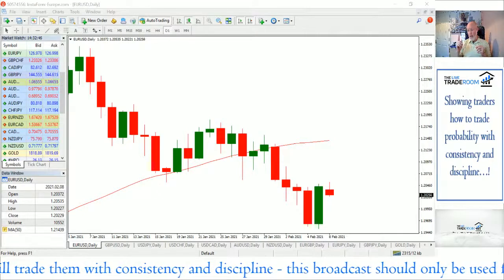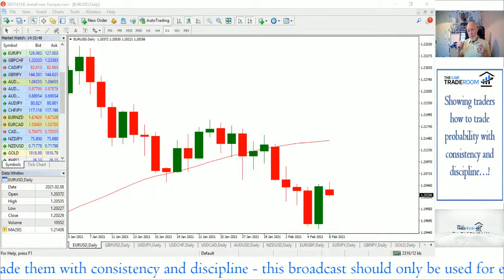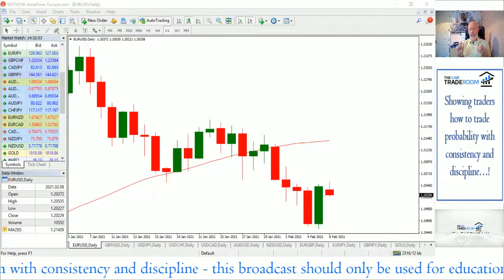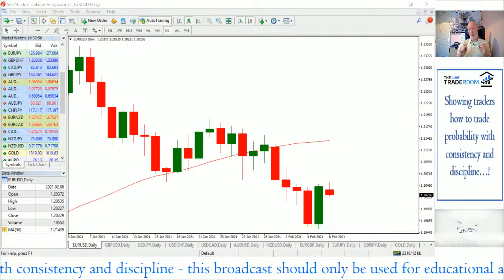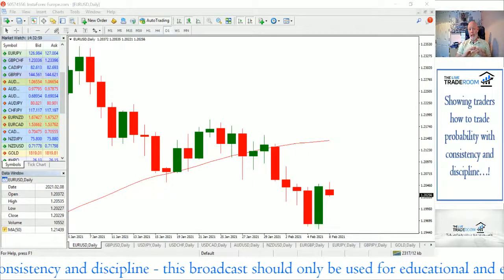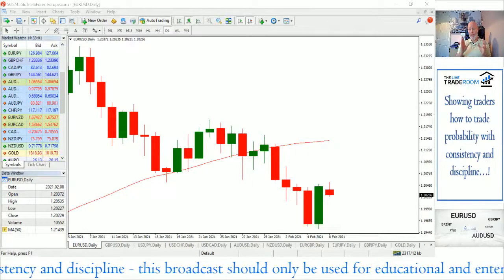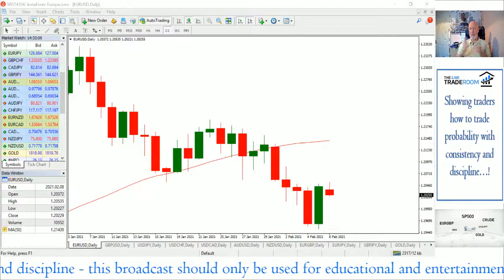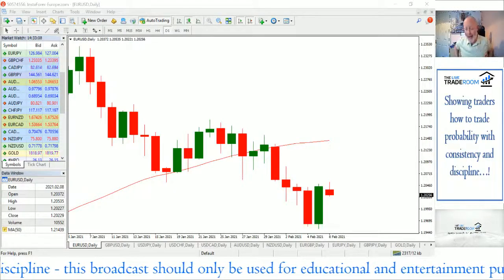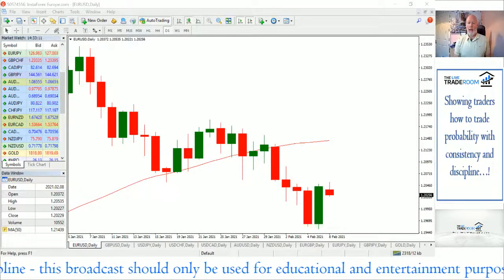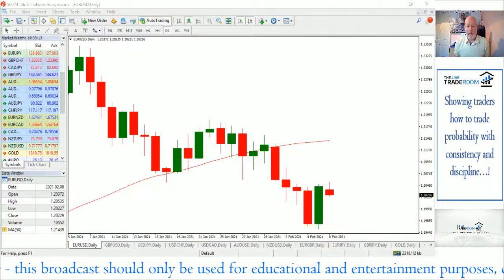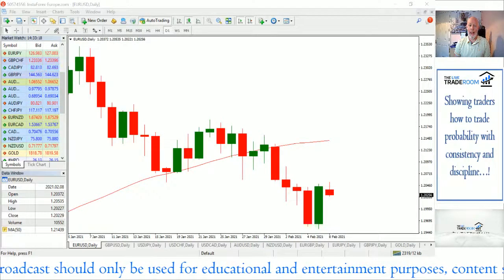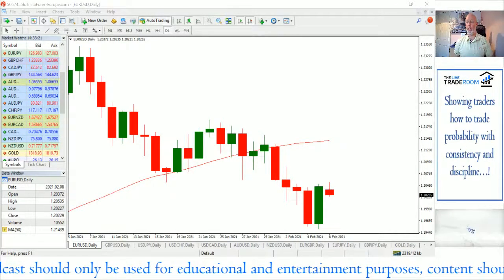So what we want to make sure is that we are very well prepared for these markets, and recent market conditions have meant that is even more important than it probably has been for a long time. So it's that preparation that's really important for us when we trade. So we do that at 9 p.m. It's about 30 minutes long. It's not that cumbersome. It's hopefully quite short and snappy, and we leave you with our trade plan at the end. So there's full transparency in what we do here at the Live Trade Room as well.